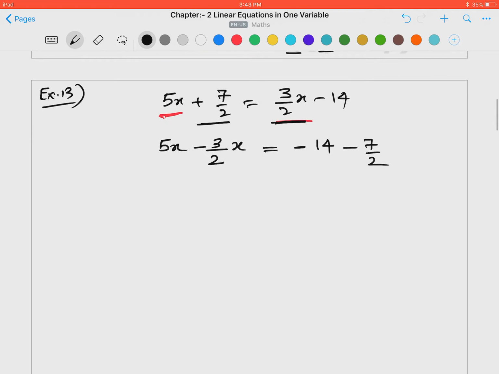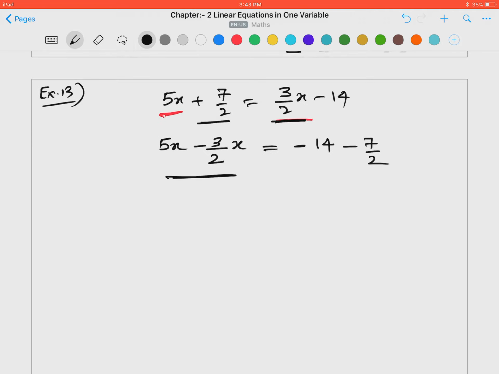Okay, now we have 5x minus x by 2 ... we assume 1 here and take the LCM of 1 and 2, and the LCM will be 2. So in order to make 2 here, we have to multiply by 2 here and here, so this will become a common base 2. On this side 2 into 5 will become 10x minus, since here is already 2, it will be written as it is, that is 3x,